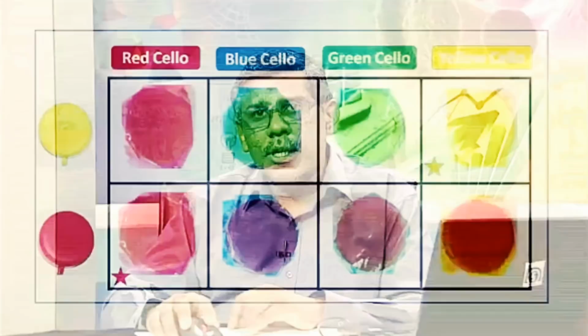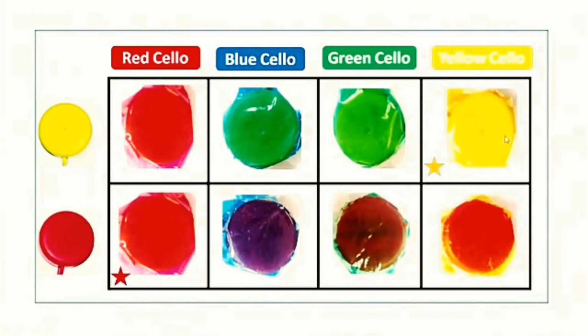Students do this activity and they organize their findings in the tabular format this way. So you have the yellow lid, you have the red lid, and these are the different cellophane papers which are wrapped around the lids. And what do you observe here? You will see that the yellow lid appears yellow when it is wrapped in a yellow color cellophane paper. Similarly, with the red lid, it appears red when it is wrapped in a red colored cellophane paper and in